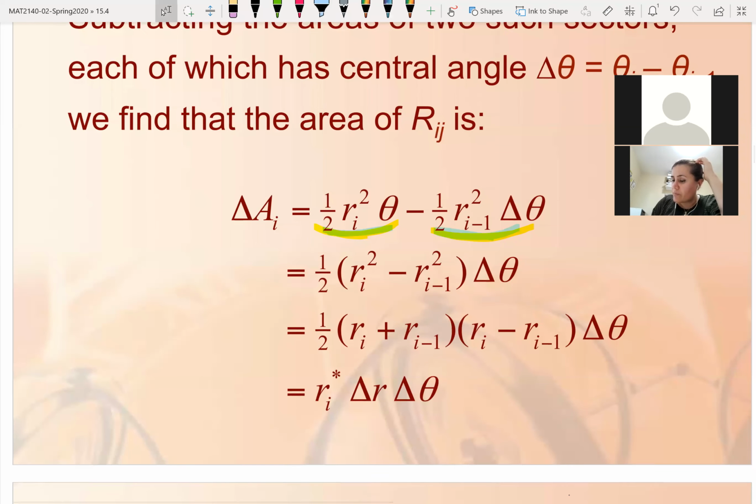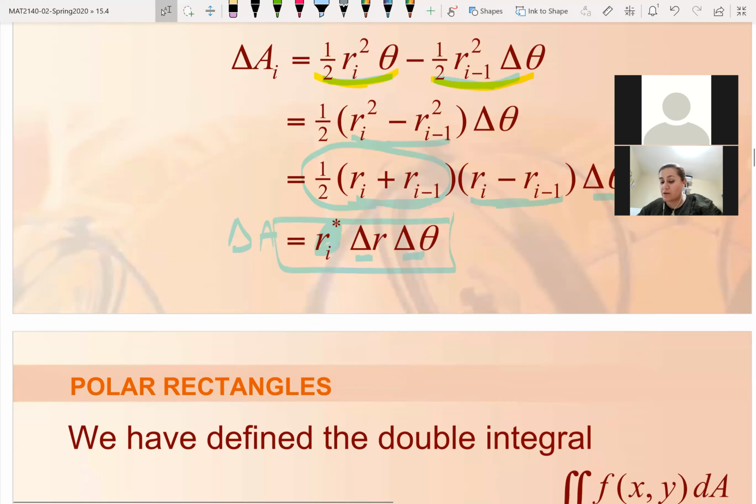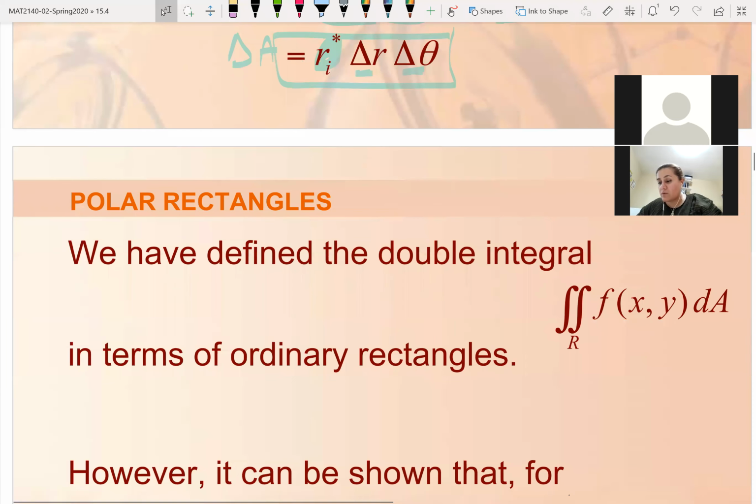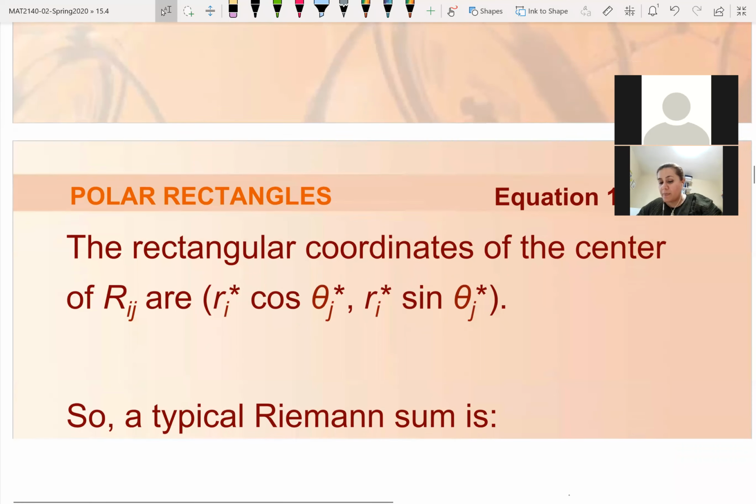And then by algebra, this is a difference of squares. Difference of squares is just like this, and that's what we call r star. Then this is the difference of the r's, and this is the difference of the theta. This is why the extra factor of r is here. Again, I don't expect you as engineers to know this piece, but mathematicians must know how to get that extra factor. What you need to know for integration here is